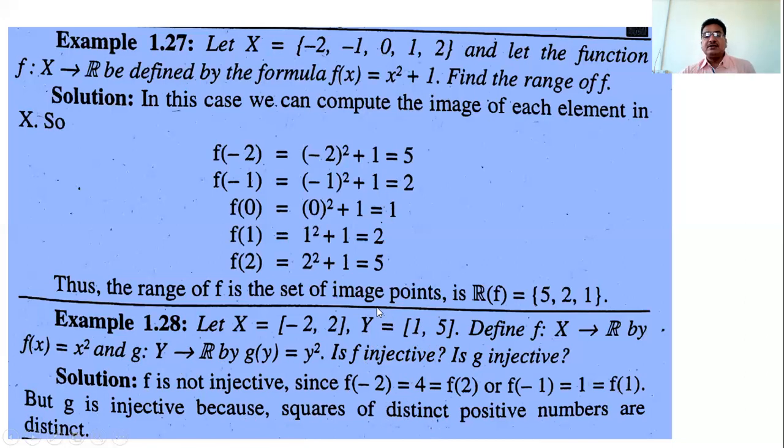This is because the domain contains positive elements, and squares of distinct positive numbers are distinct. The squares of some positive and negative numbers are the same, but if the integers are distinct and positive, then their squares are also distinct, and that's why this function g is injective. The definitions of functions f and g are both the same,